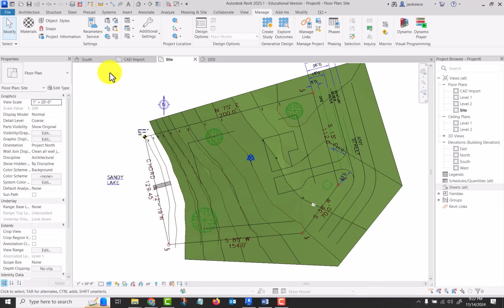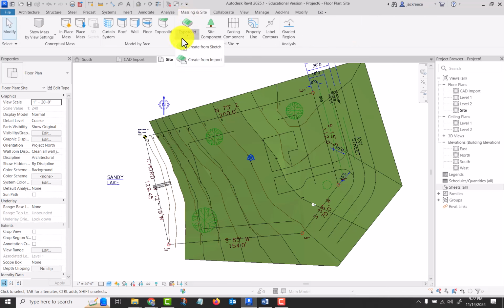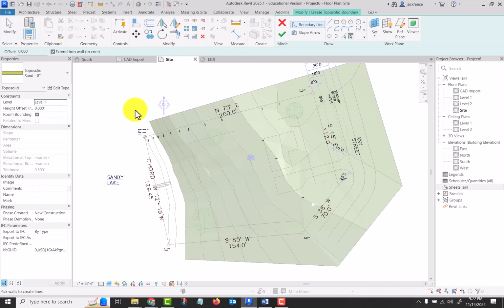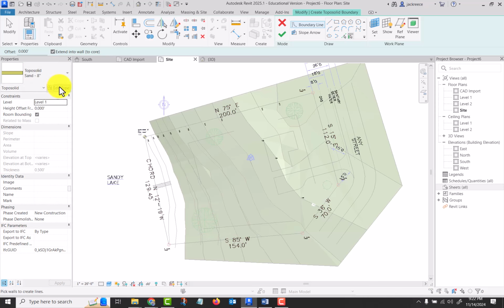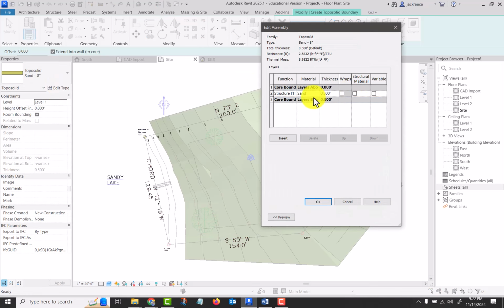Next, we're going to create another two more topo surfaces. Come on, don't crash on me. From a sketch, we're going to do the sand down here, and I created this in the last video. I don't know if that was before it got cut off, but I duplicated the grassland, and I edited it and just gave it 8 inches. I guess I should change that, huh? 0.67 feet of sand,